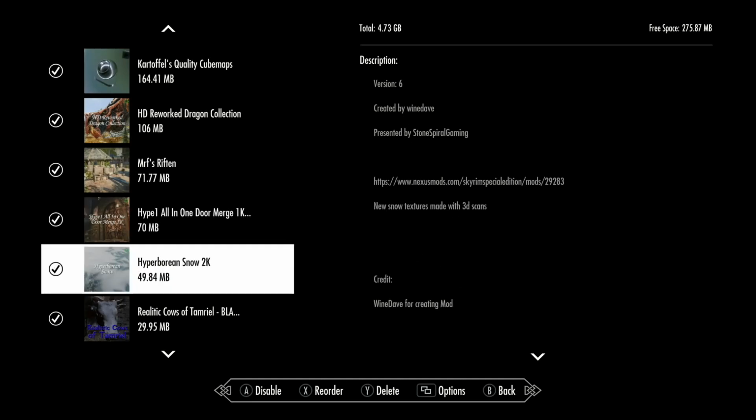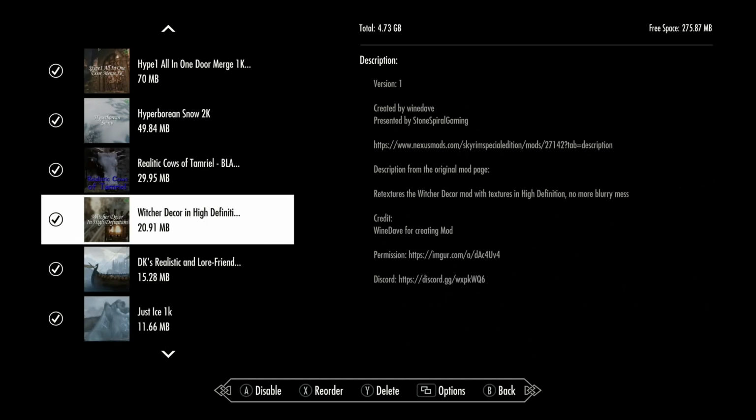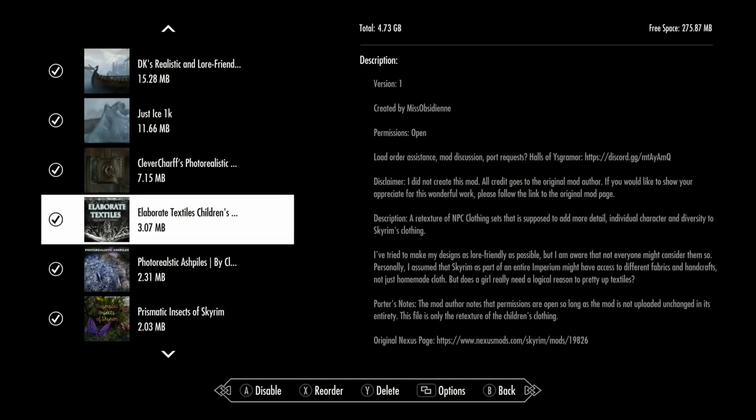These others you're familiar with, we've done before. I had to have my cows. And I like these braziers that the Witcher Decor puts in. This is new, this little boat mod, but I did it for fun. Since I didn't have room for one huge retexture mod,